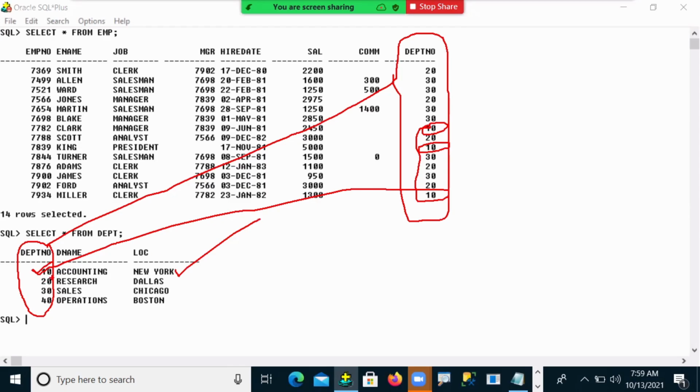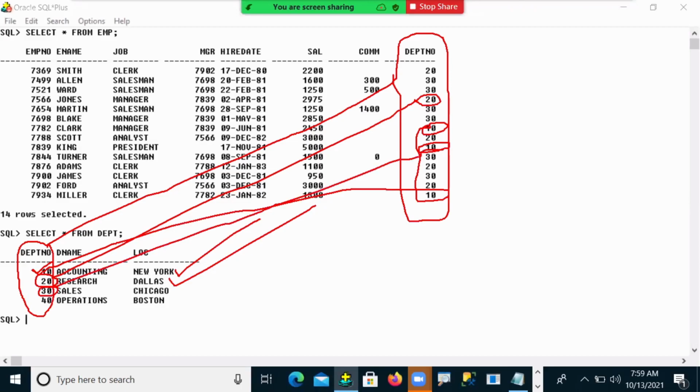Next, research is the 20th department. The 20th department also has many employees, so research is also displayed. Next department number is 30. So many employees are working in 30, so sales is also displayed.